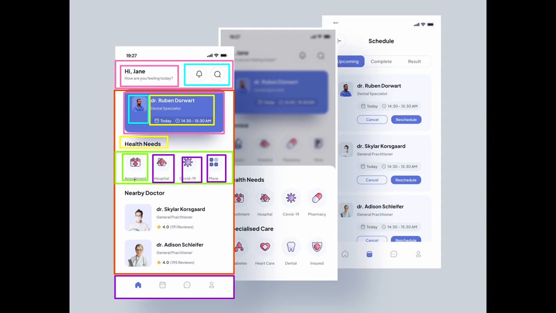Now after that, we are going to have the nearby doctor text. So if I move this up a bit, we're going to have the nearby doctor, and then after that also we are going to have this section. So this whole section is going to be a column, right? And within that column we are going to have rows and then columns. So this is going to be a row, this whole section is going to be a row,